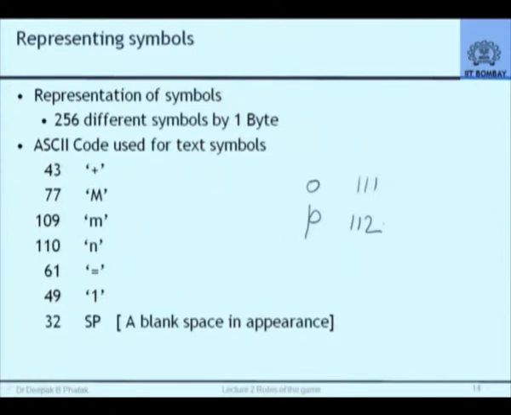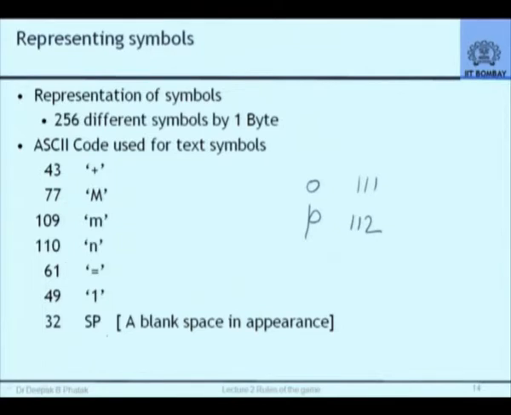We shall see the significance later when we write programs to handle non-numerical information. Your names, for example. I want to arrange all the names in alphabetical order. Then I will have to compare the first character of one name with the first character of another name. And depending upon whether it is smaller or larger, I will take a decision on what comes first. This comparison will not be possible unless numerically the values are arranged in that order. There are some additional symbols, like the plus symbol is represented by 43, the equal to symbol is represented by 61.